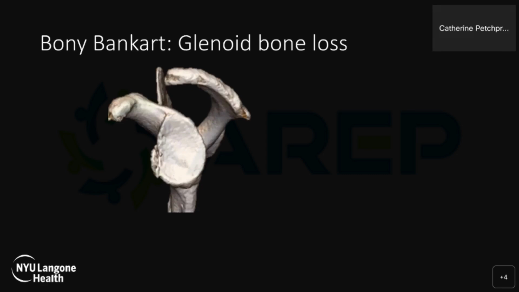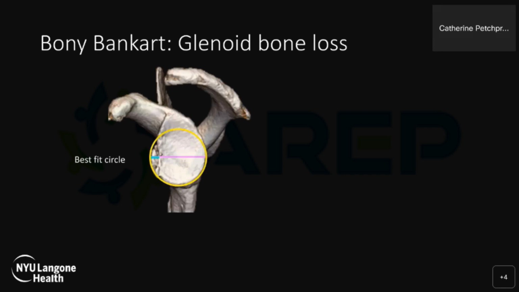When you fracture the glenoid rim, you compromise one of the bony constraints. Bankart fractures vary in size, and the larger the lesion, the greater the bone loss, and the more likely it will be associated with recurrent instability if not treated. Glenoid bone loss is assessed using a diameter-based method. A best fit circle is drawn along the lower rounder portion of the glenoid. The diameter of the circle, as well as the